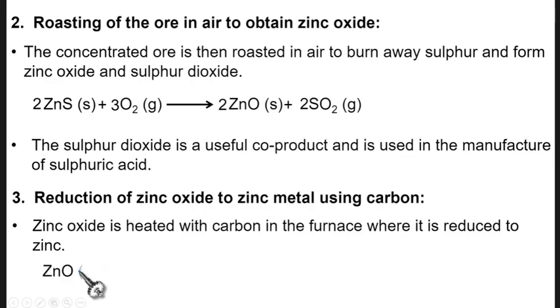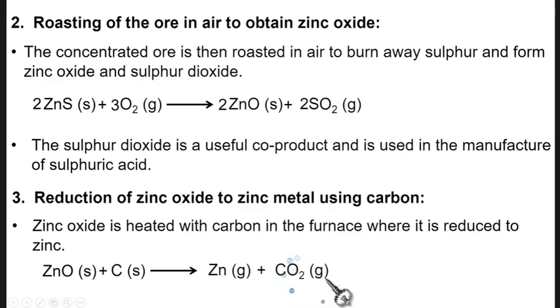And this is the equation. Zinc oxide plus carbon, which is solid, gives you zinc metal, and this zinc metal is in gaseous form. That's what we are told. And then plus carbon dioxide gas, and then you balance by putting a 2 there and also putting a 2 there. All right. So now the next stage after this zinc metal has been formed is now purification of